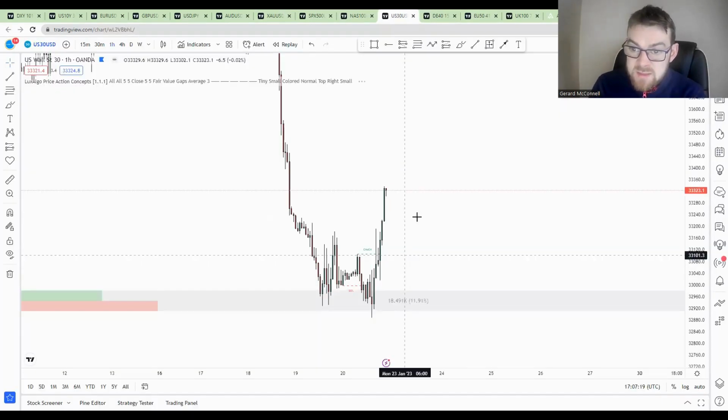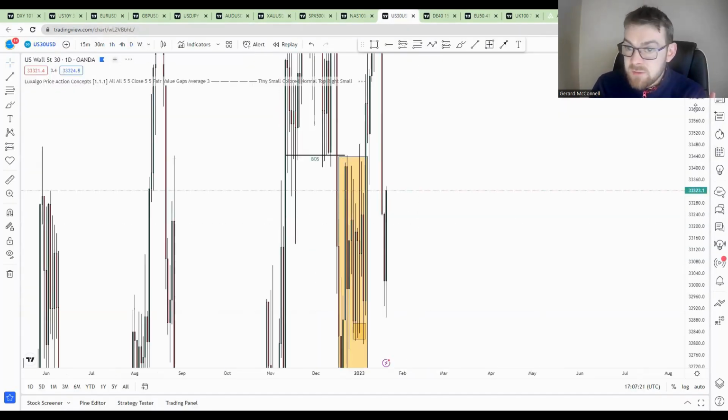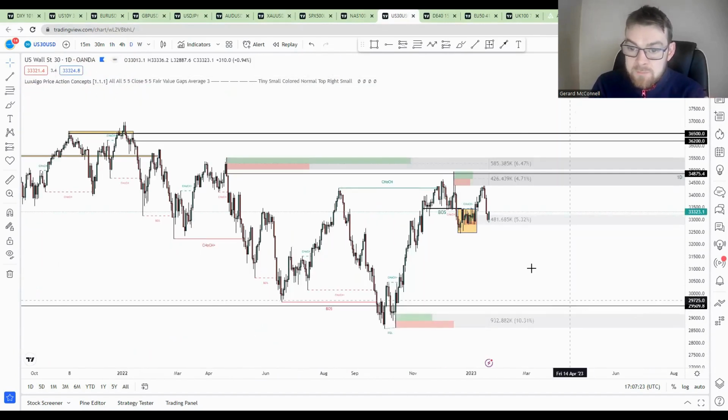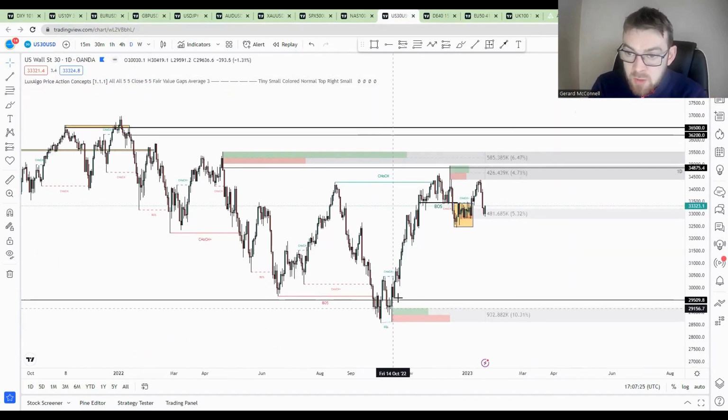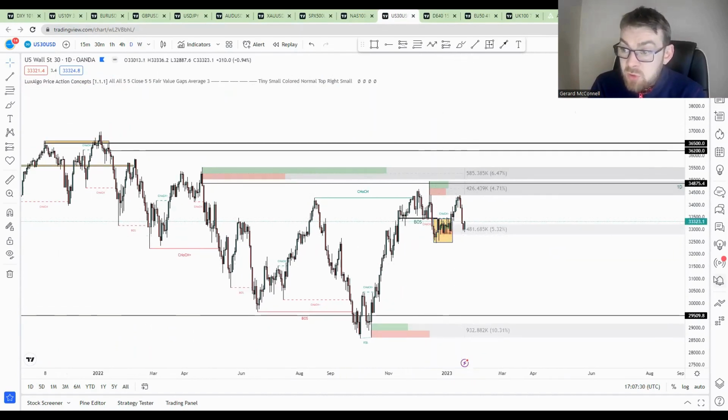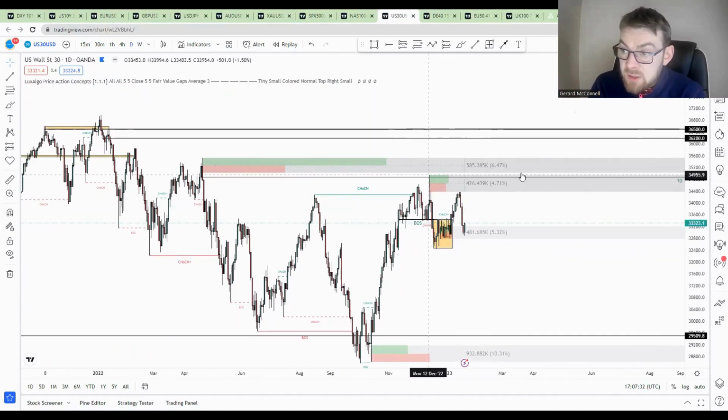And if you look at the Dow Jones, what has happened is a very similar move. We see bottoms in October, a clear run up, and a very short-term decline. The Dow Jones, broadly speaking, is holding a lot of its gains. Now, there's a lot of liquidity up here between 34.4 and, I suppose, 35,000. A lot of volatility, a lot of liquidity up around these areas.